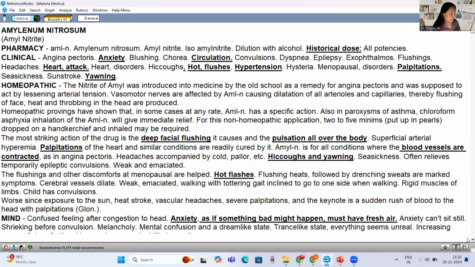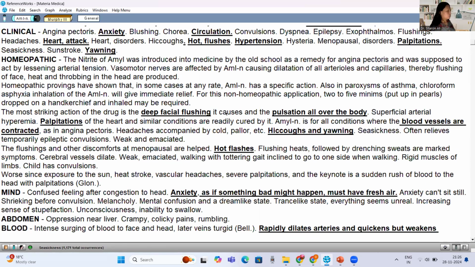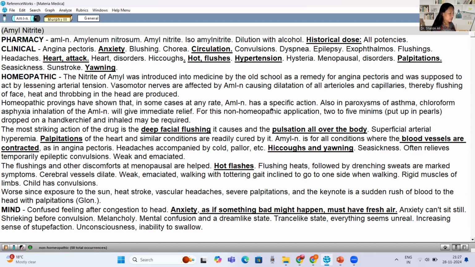So they have angina. Amyl nitrate is a very good remedy for angina, anxiety, blushing, dyspnea, okay, goiter, exophthalmos, flushing, heart disorders, heart attack, hysteria, menopausal disorders, palpitations, okay. It's a remedy which we know now. It is meant for goiter from grief. I've showed that to you. And the person has